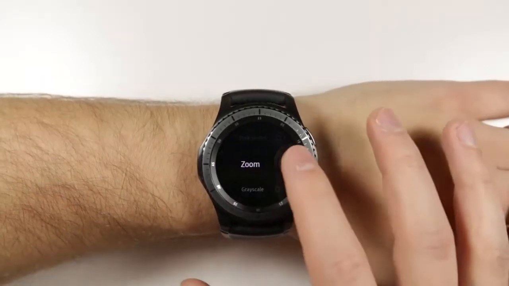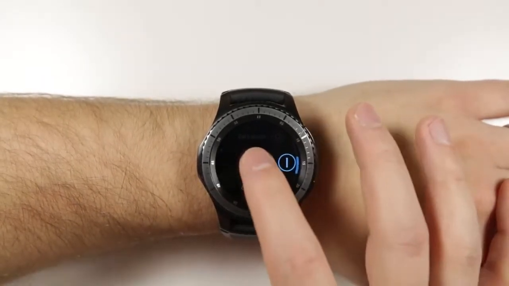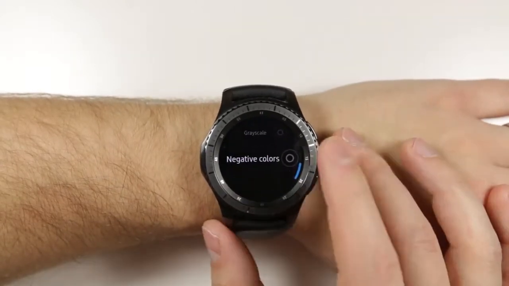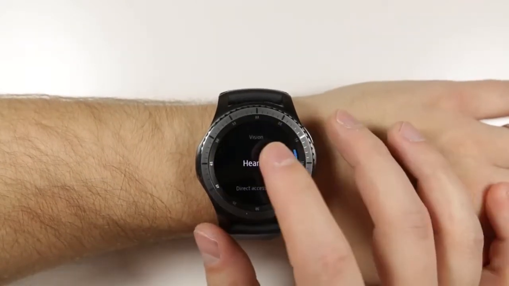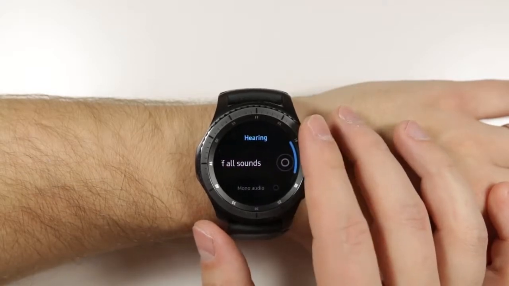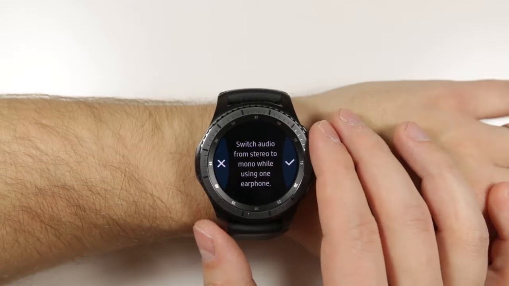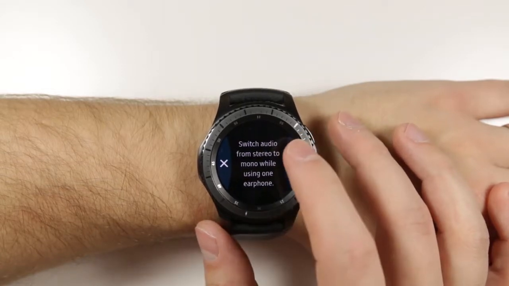The other vision features are a zoom shortcut that's activated when you triple tap the screen, a grayscale mode, and a negative colors mode. For hearing accessibility, you can shut off all sounds, or turn on mono sound when connecting one headphone. This is good for someone who may be deaf in one ear, but wants to listen to stereo